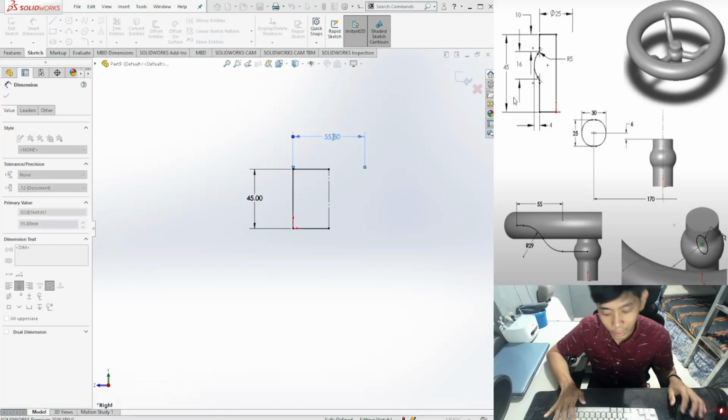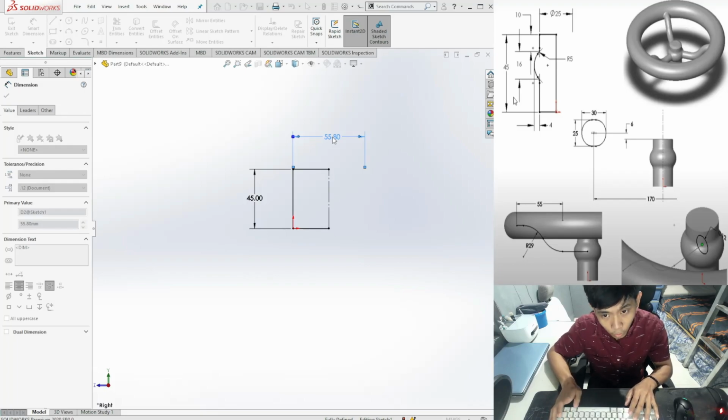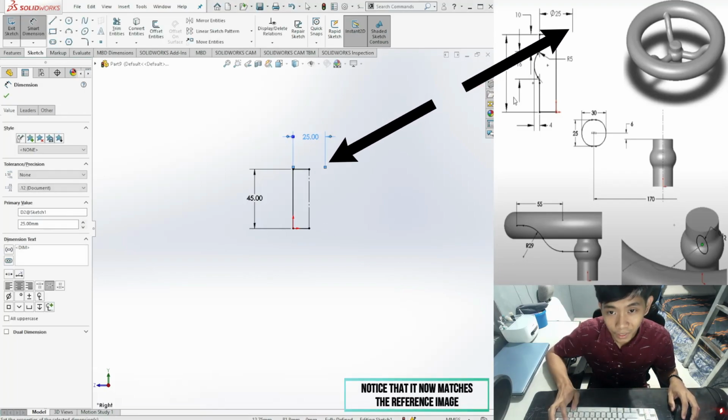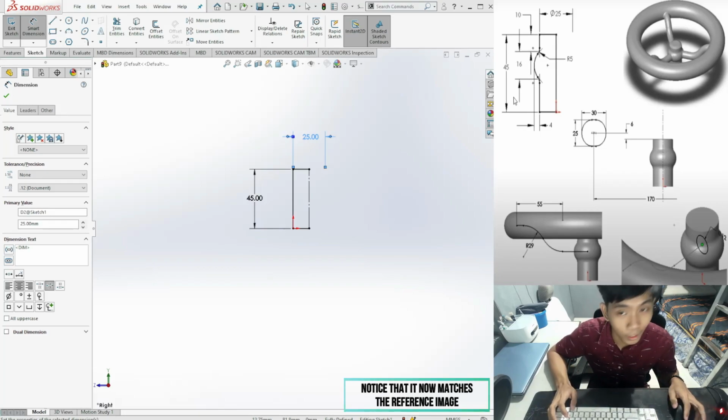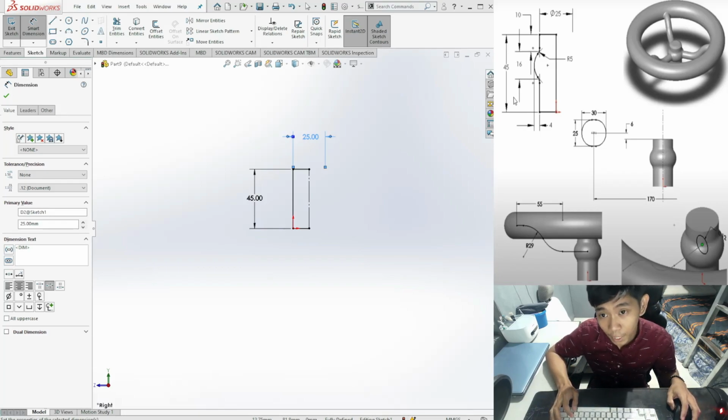Okay, so simply click that, then modify and go with 25 millimeter. So just like that, we now have two proper measurements for our rectangle. Now, the next thing that I would like to do is the semicircle that is located on the left side